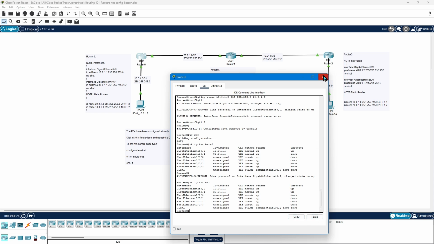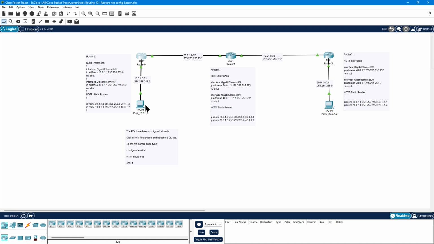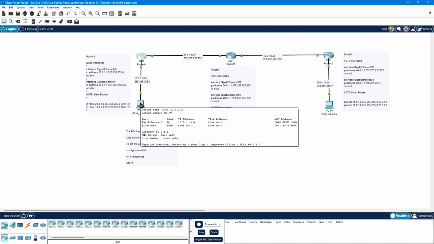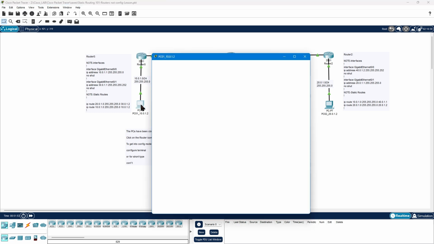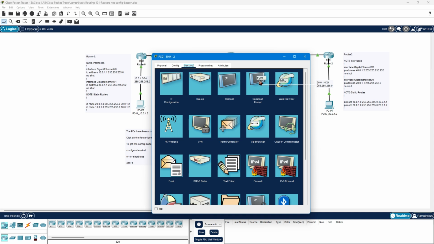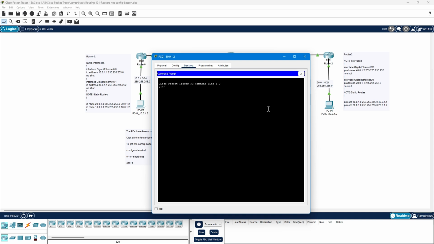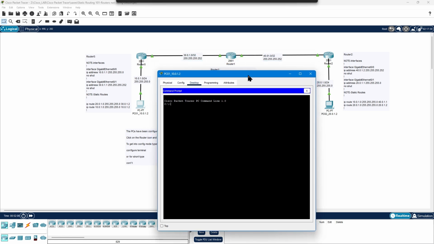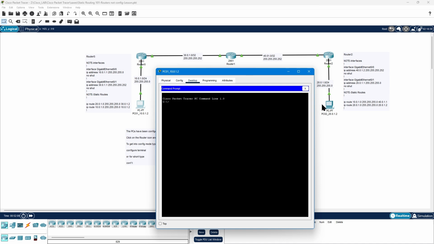So what we're going to do is go to my favorite PC, PC number 1, and go in here to desktop, and then to command prompt. We're going to do a trace route, and this is how it's done in the real world. We're going to do a trace route from PC number 1 to PC number 2. Now, this is the command. It's called tracert, and then you put the destination IP address that you want to get to. In this case, it's